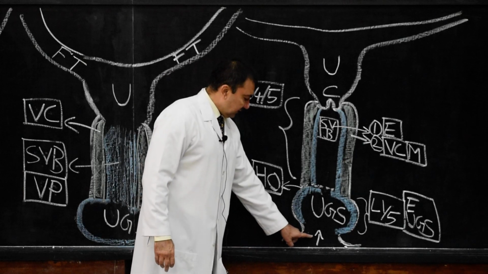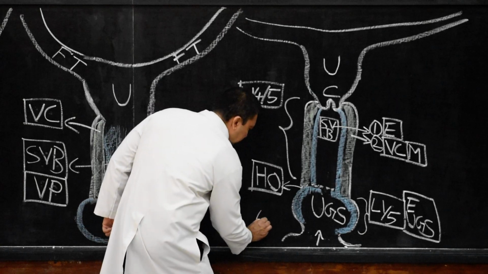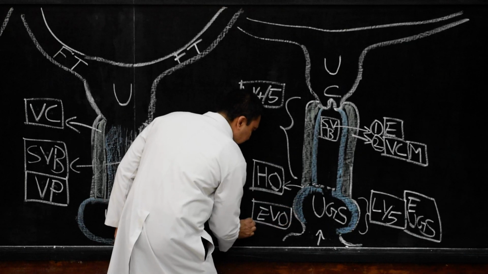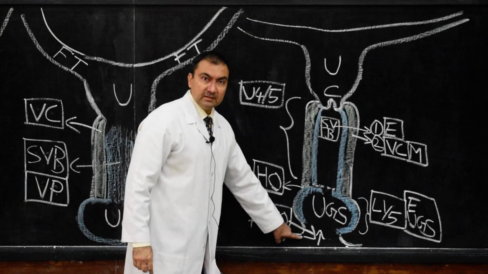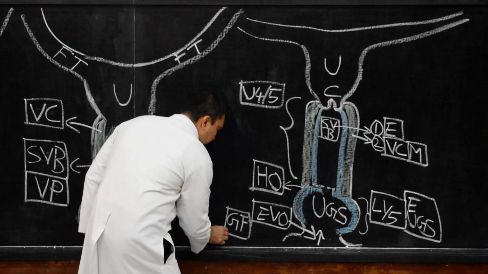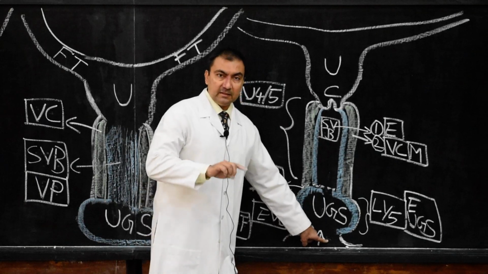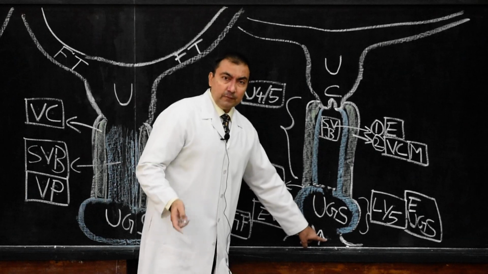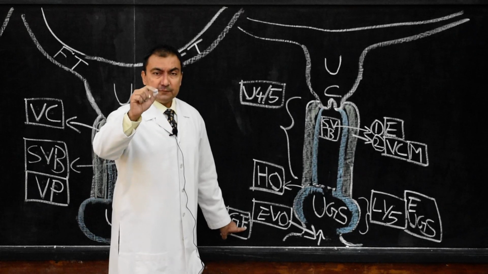Now the last portion, the externalmost opening, is called the external vaginal orifice. This external vaginal orifice is developed from the genital fold, and this genital fold is ectoderm. The ectodermal lining of the genital fold will form the external vaginal orifice. This is the last sentence. The external vaginal orifice will develop from the ectoderm of the genital fold after the disappearance of the urogenital membrane.